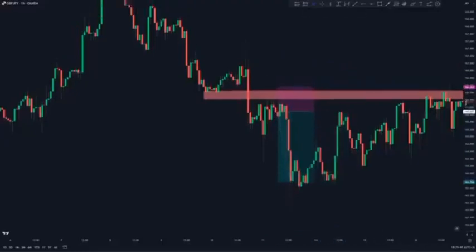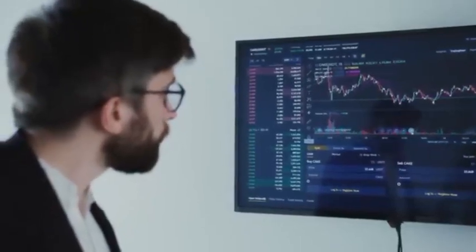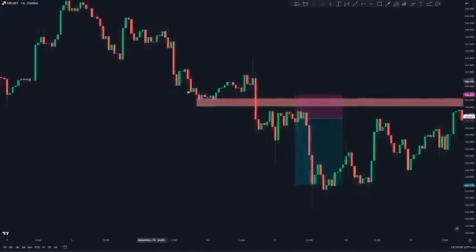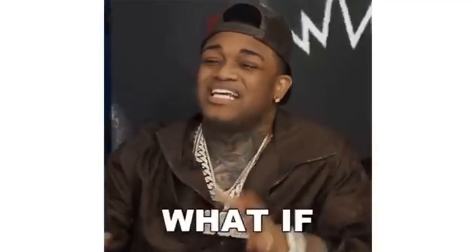Simple, right? However, if you're a beginner trader, identifying these support and resistance levels and waiting for the break and retest can mean hours spent glued to your charts. But what if there was a simpler and easier way? Well, in today's video, I'm gonna show you a more objective approach to trading break and retest using a specific